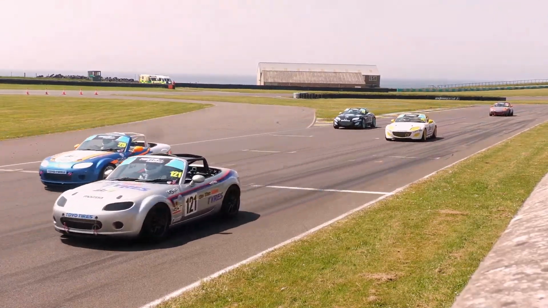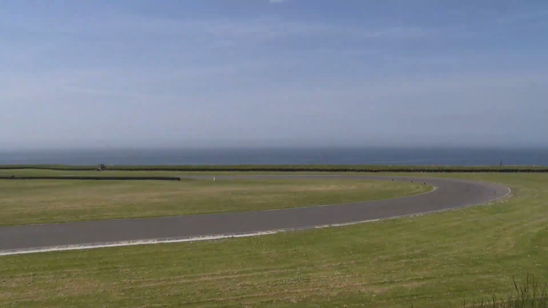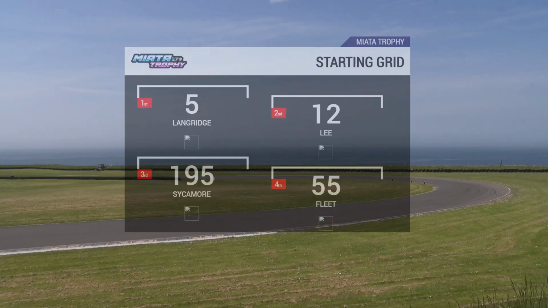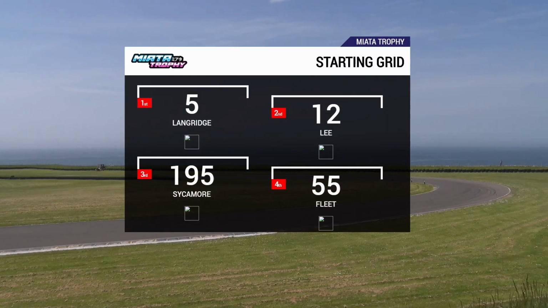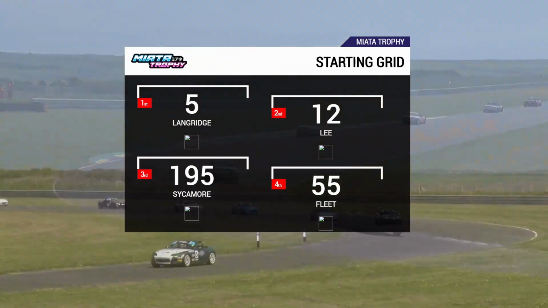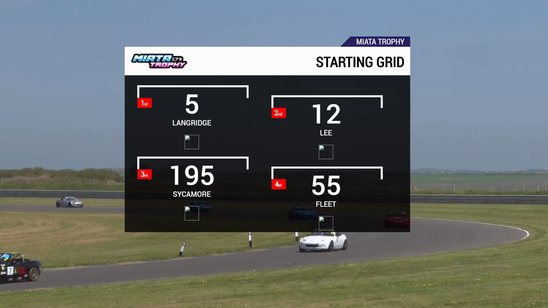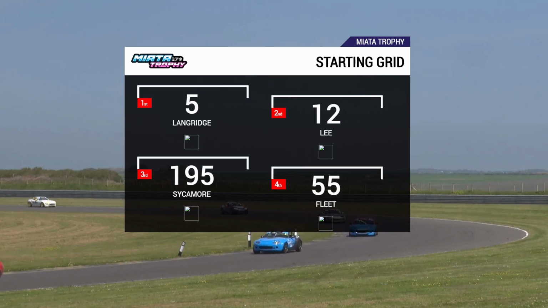Now the NC Mark III cars, which make up the bulk of the field, well, all but one of the field, will always start in front of the NA Mark 1s. And here we go then with your starting order for the race. It is going to be John Langridge, who starts in car 5 on pole position from Declan Lee, who secured that second position very well in the SuperPole. Next is Jack Sycamore in the 195, who was entertaining us on the grid,